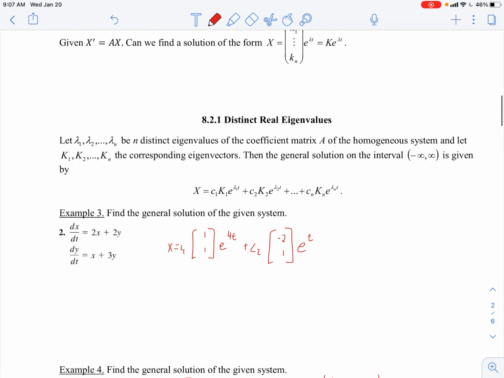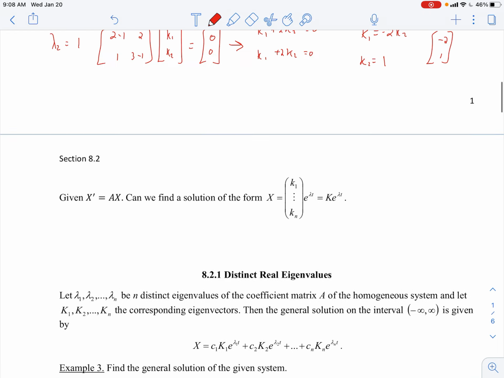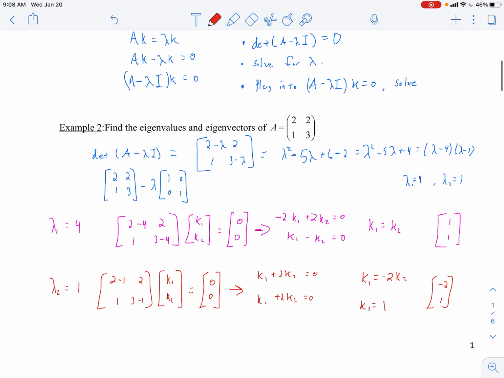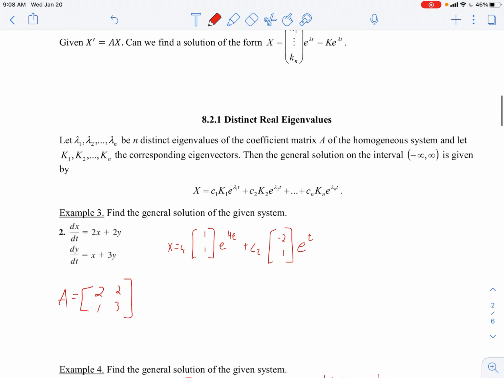So example 3 is find the general solution of the given system. I want you to notice here we have a system. If we look at our coefficient matrix A, that's just going to be 2, 2, 1, 3. We did this in the previous problem. Notice 2, 2, 1, 3. Because we've already found the eigenvalues and eigenvectors, I'm not going to find everything